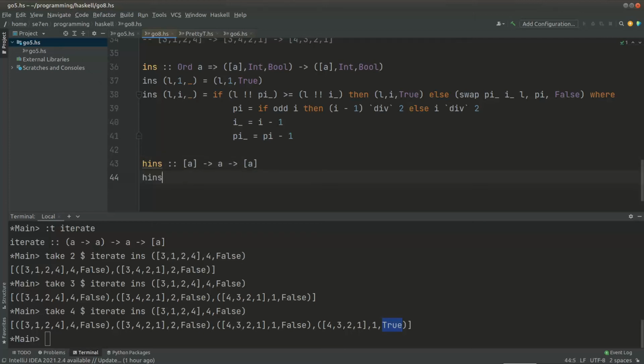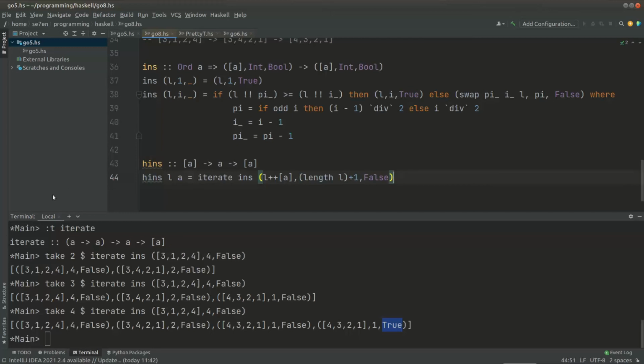So let's write the implementation. We have some list here, some element A here, and of course we need to run our iteration process with our ins function, and we need to provide the initial triple. So with the initial triple we can do this. We take our initial list, add to the end of this list our element A, and then we provide the index of this element. This means that we need to take the length of our list and add 1 to it, because we add 1 element, and of course we need to provide this flag which tells us that we need to do some more steps. Okay,